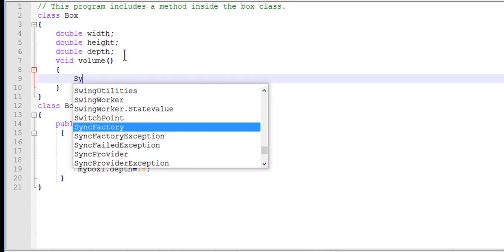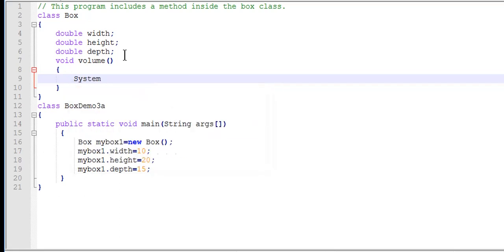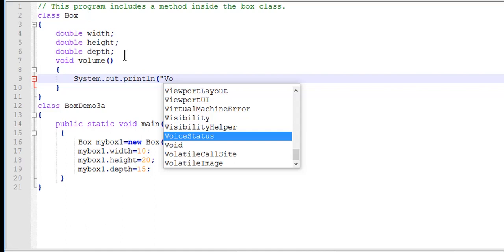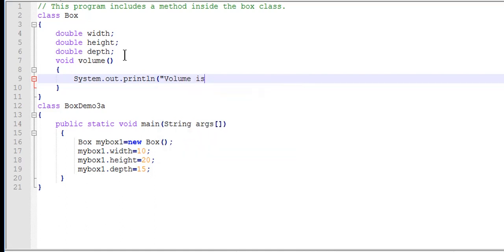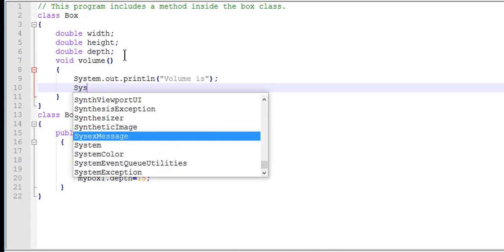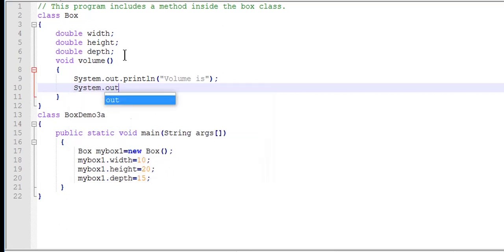So we can give a message System.out.println, volume is, then we will display the value System.out.println of width into height into depth.